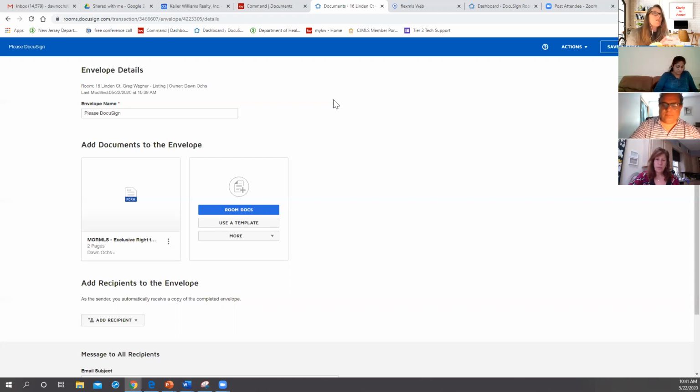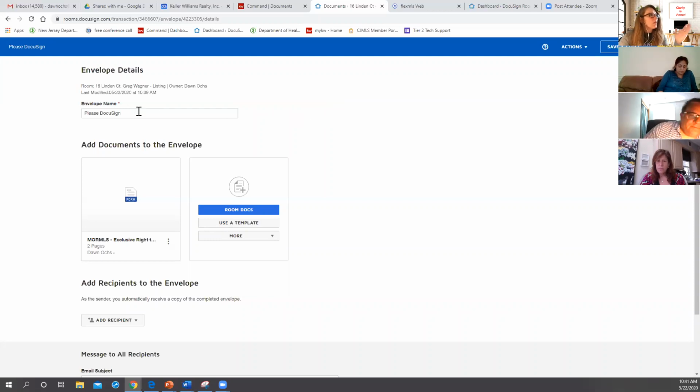Okay, so the option that we had in .loop was kind of, I'm filling it in on the laptop at the listing table, and I turn my laptop around and let them sign it. It works differently, so it has to have an email address attached so that it goes out with a verification code. Literally they can receive it on their phone right in front of you, or you can have them log into their email on your desktop or laptop in person. Okay,